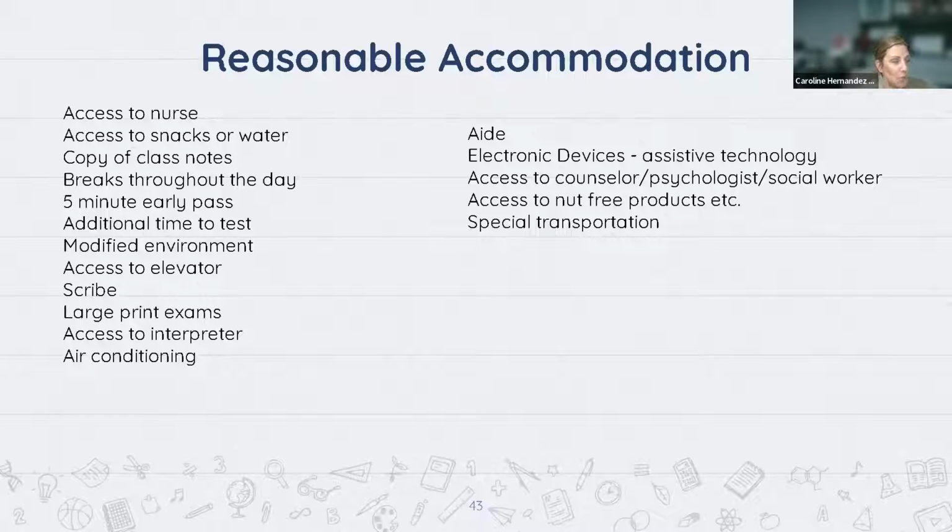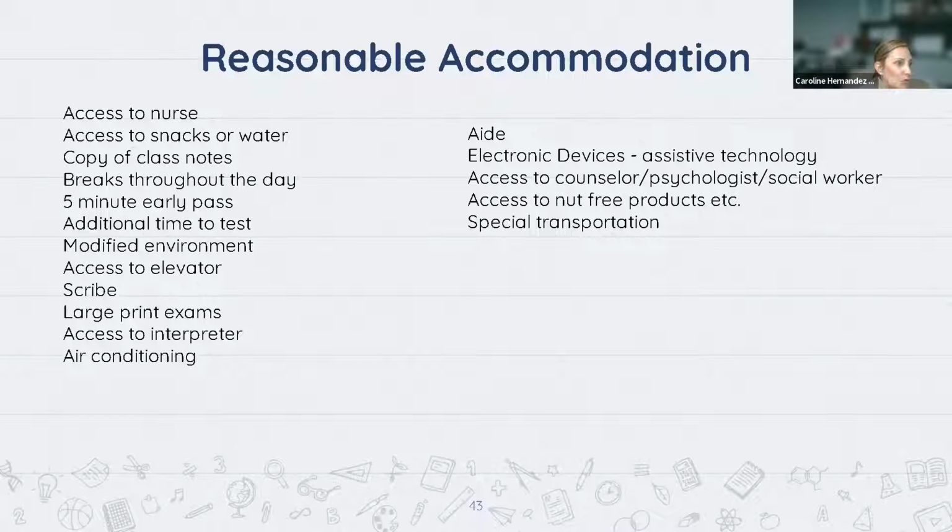So say little Johnny breaks his arm and is not able to write for his exam, it doesn't mean that he fails his exams and doesn't get to take them. We might have to provide a scribe or an electronic device or assistive technology device in order for him to participate with his peers. It could be something where a student has a significant allergy and we have to make sure that the products in the restrooms are nut-free or oil-free, depending on whatever their particular ailment is.